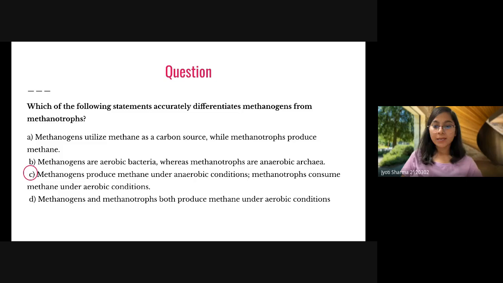So the answer is, if the bacteria is known as methanogen, then this will produce methane under anaerobic condition. Okay, this is producing methane, right? But if we do have methanotrope, then this will consume the methane. The one is producing methane and another is consuming methane. And if this is producing methane, this will be under anaerobic condition. But if it is consuming methane, it is not always